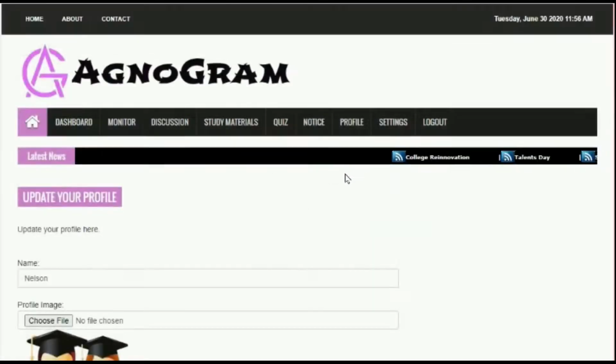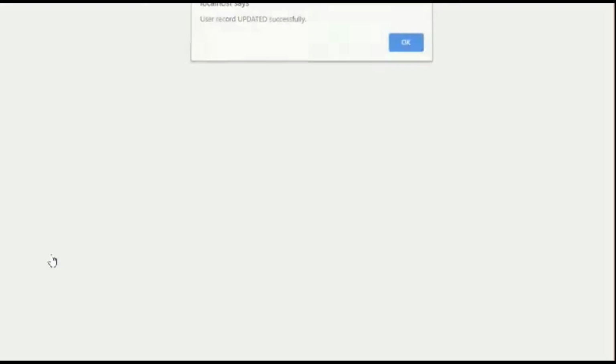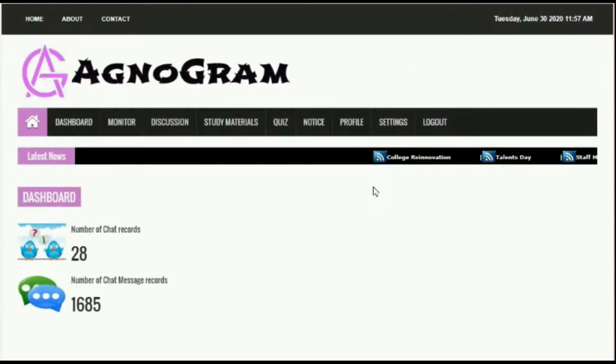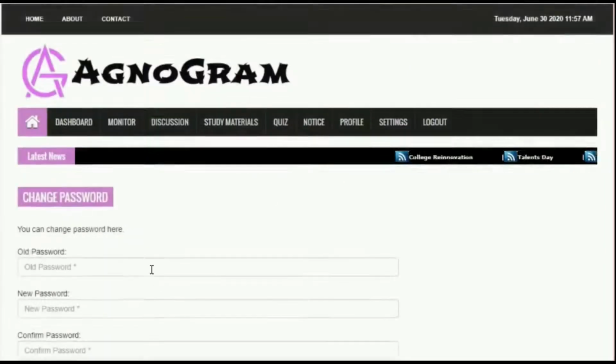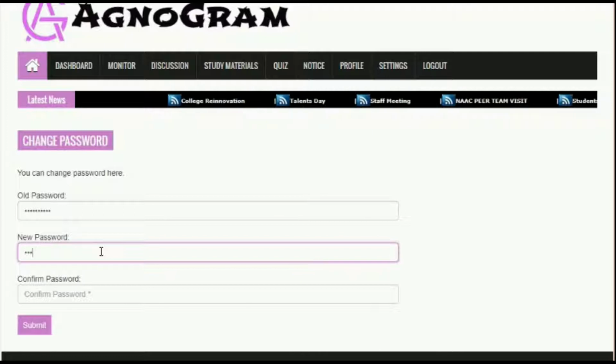Under profile, admin can update their profile. Admin can also change their password by entering the old password, new password and the confirm password.